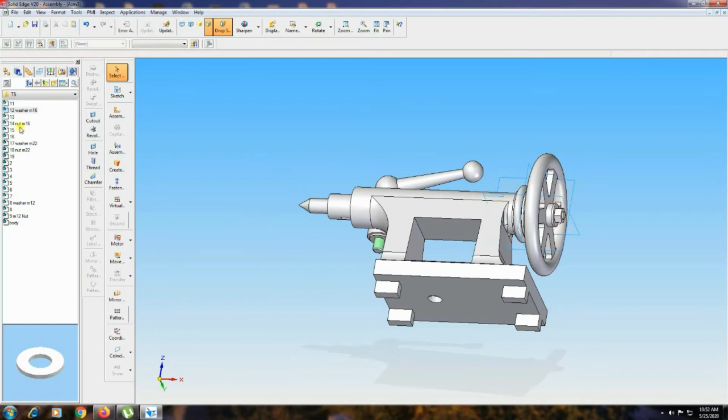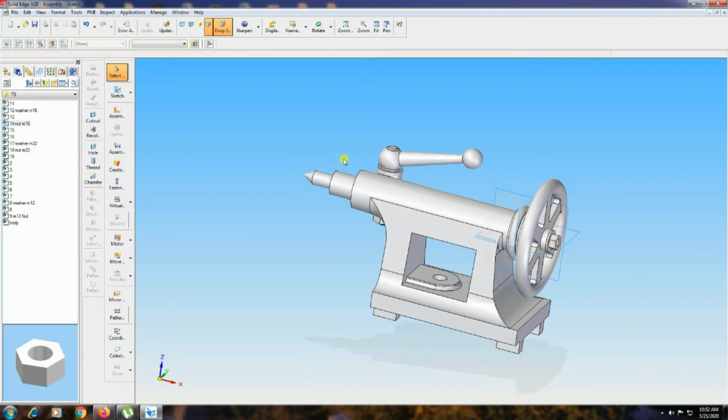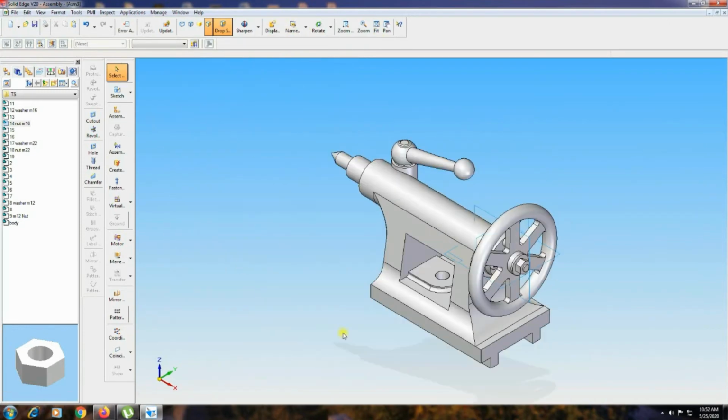Okay. Next one, M16 nut. So upper surface, edge, then that circle. That portion is over. ISO fit sheet.